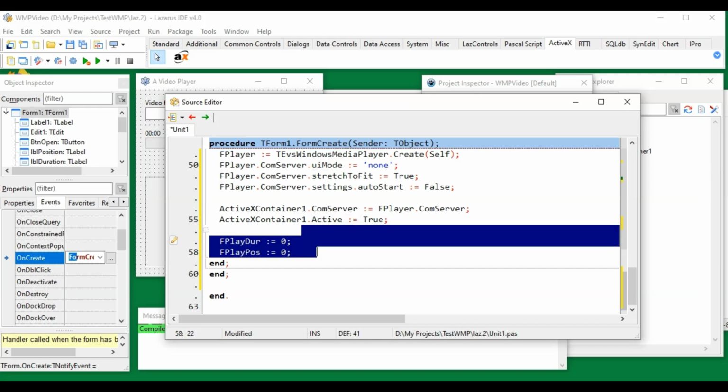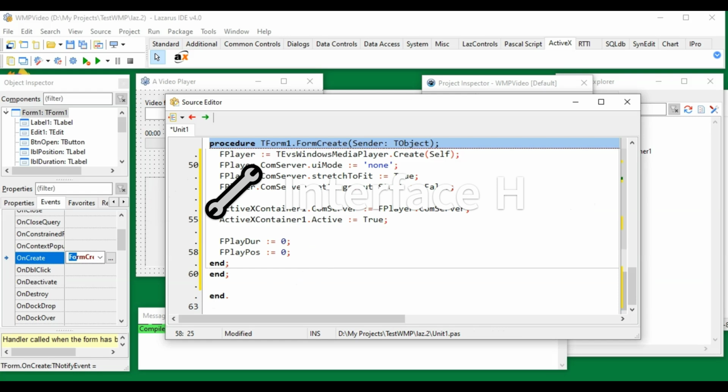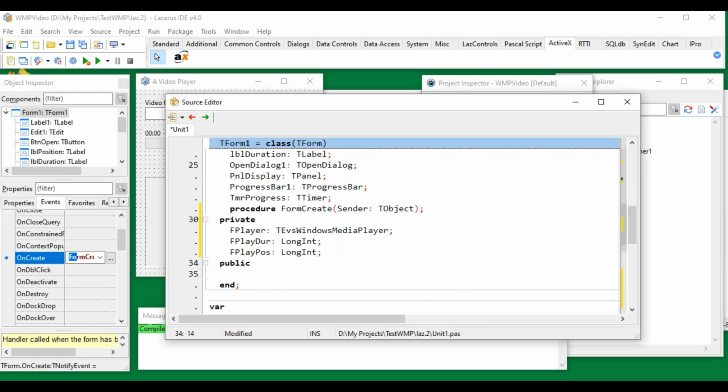We also initialize the two variables for tracking playing progress. Then we declare two routines, one procedure and one function. The procedure is to update the interface and the function is to format a duration text.